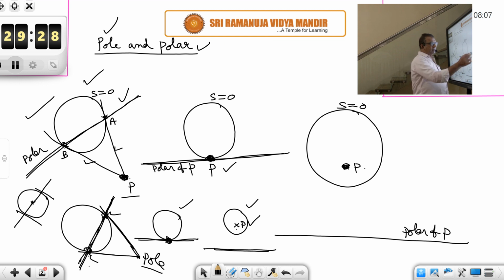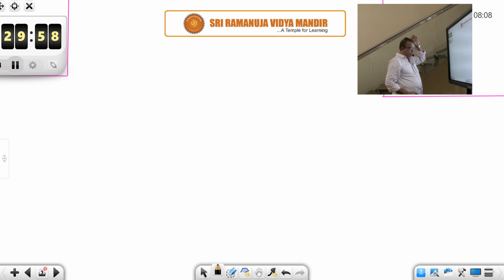So if the point is inside the circle, as in this diagram, the polar will be away from the circle. We can draw it exactly; how far away and in what direction is specified by a theorem. Similarly, if a line is away from the circle, the pole will be inside the circle. Where it is exactly located also will be fixed by the theorem. Okay, understood? So let us go forward. I'll give you the exact location.